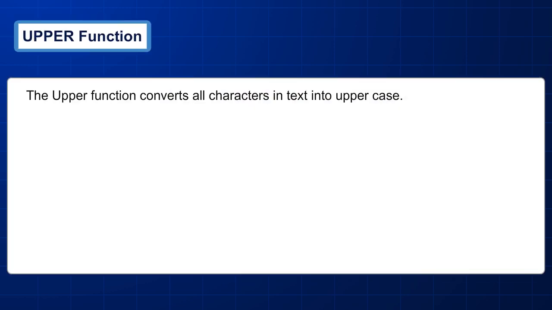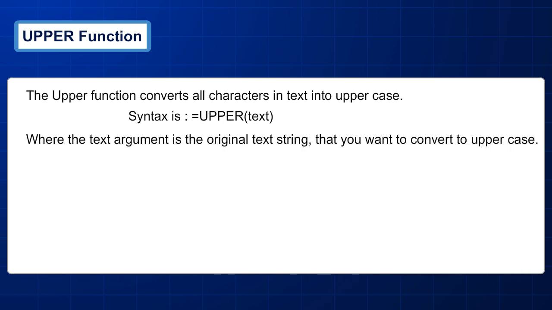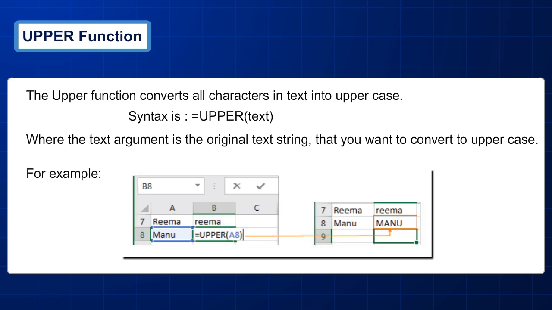Upper function. The upper function converts all characters in text into uppercase. Syntax is equal upper text, where the text argument is the original text string that you want to convert to uppercase. For example,